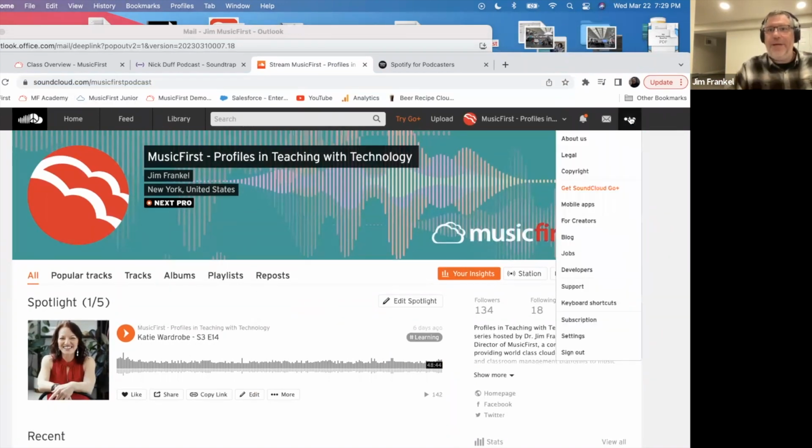I click those 3 dots. The dots always mean more. There's something here. We just don't have enough space to list everything. So at the very bottom, it says settings, one above the sign out. We don't want to sign out. The settings is where everything is. When I click on settings,